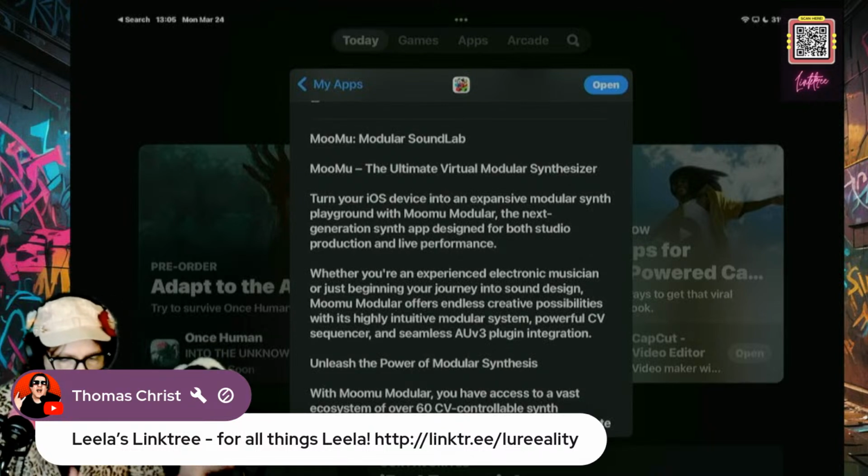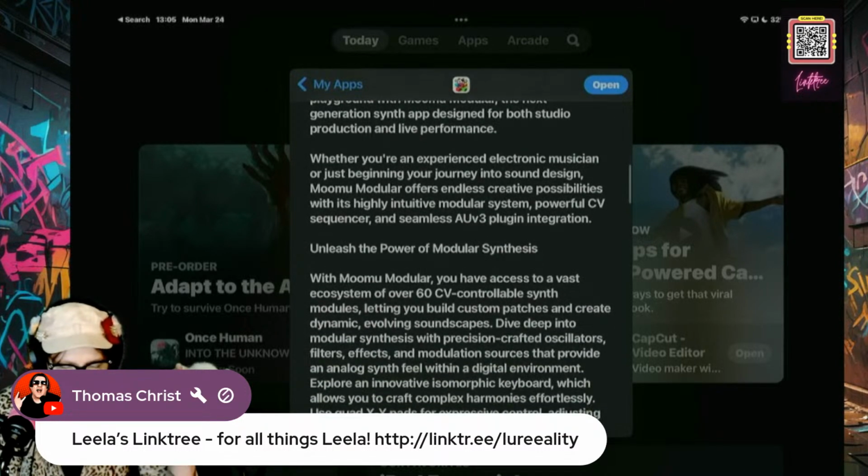So, Moo Mu, the ultimate virtual modular synthesizer, not all that much money. Turn your iOS device into an expansive modular synth playground with Moo Mu Modular, the next generation synth app designed for both studio production and live performance. Whether you're an experienced electronic musician or just beginning your journey into sound design, Moo Mu Modular offers endless creative possibilities with its highly intuitive modular system, powerful CV sequencer, and seamless AUv3 plug-in integration.